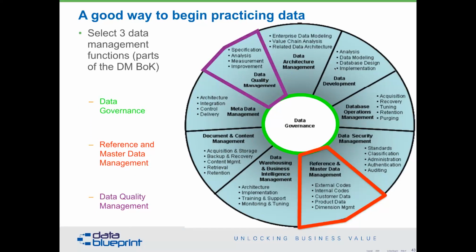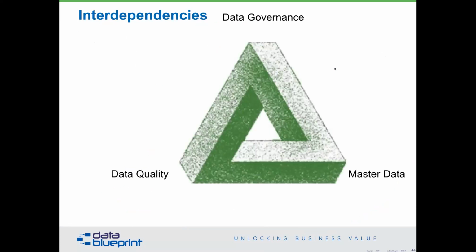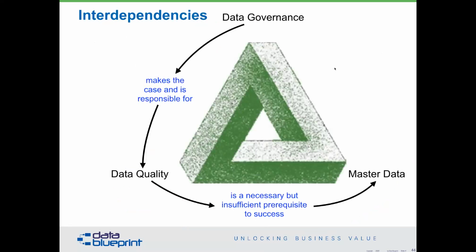these are interrelated. When we look at this, data governance is what makes the case for, and more importantly, is responsible for the implementation of the Master Data Management Initiative. That data quality, while it's an important component of, is necessary but insufficient for success. And finally, our skills around master data management allow us to have capabilities that constrain the ability of data governance to go off track and make sure that data governance efforts are focused very strongly in this area for the purposes that we need in this organization.